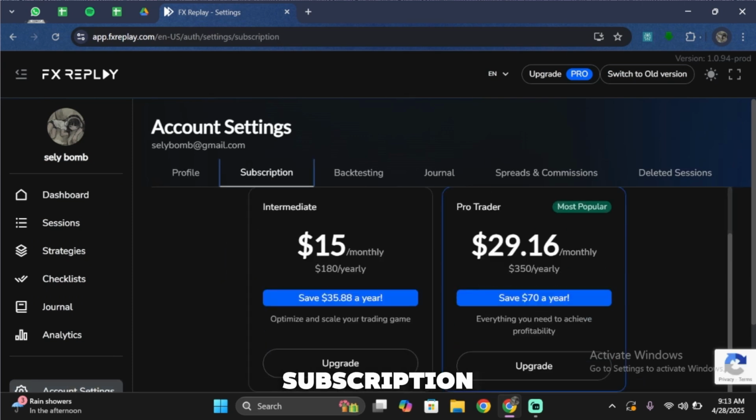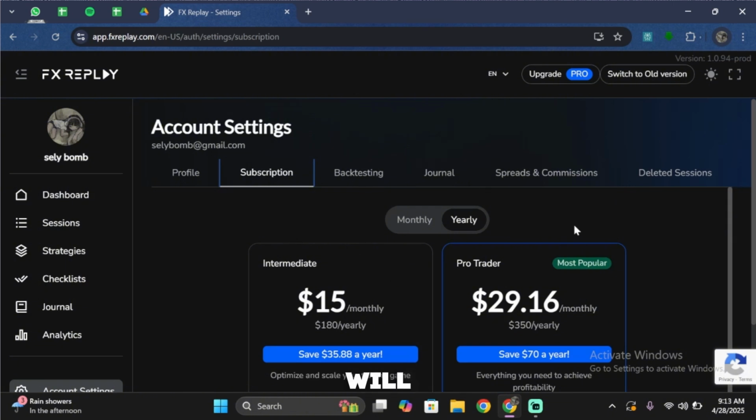Now inside subscription, if you have a subscription, you will then be able to find a manage subscription button right over here. Currently I don't have one, so you will not be able to see it on my screen, but it will definitely be on your screen. So go ahead and tap on the manage subscription button, and after that click on your active plan and scroll down